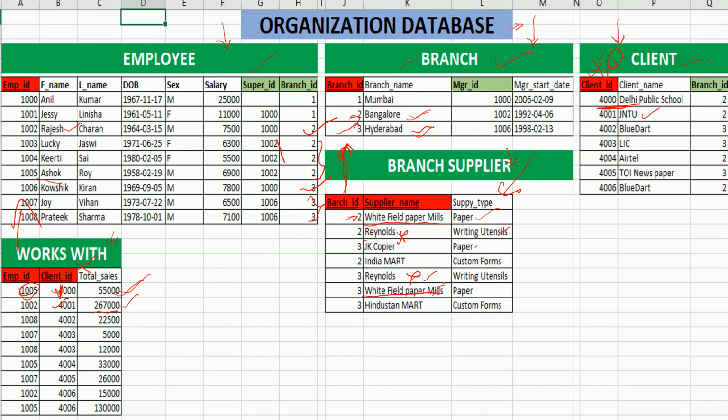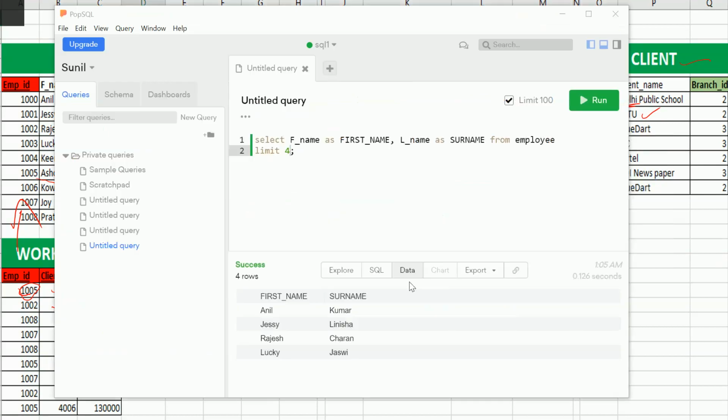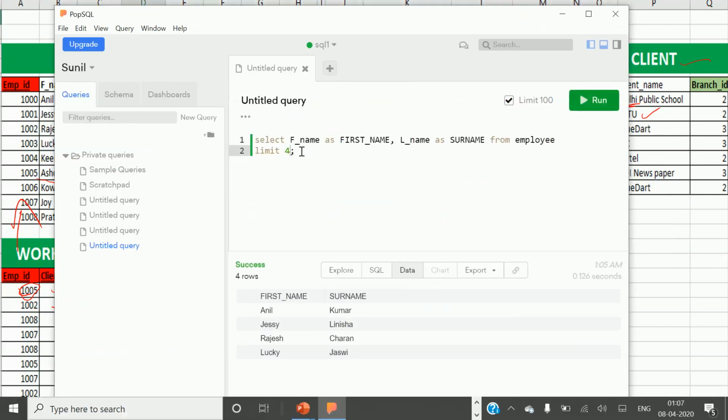So Whitefield paper mills, Reynolds, again Reynolds and Whitefield paper mills. First, I don't want to see for which branch it is applying and for what it is applying. I don't want all these things. I want to see how many suppliers are there for this organization. Here if you count, 1 2 3 4 5 6 7 are there, but actually there are only 5, right? Because Whitefield is getting repeated and Reynolds is also getting repeated. So I want to see how many suppliers are there for this table. For that what we will do is